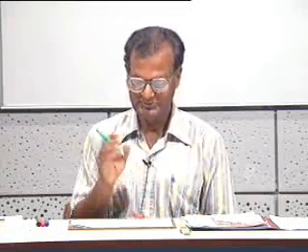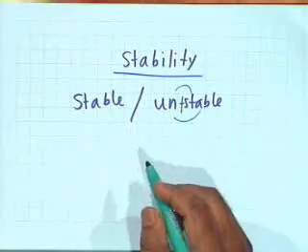Well, it's a problem in human society also. You can't work with unstable people. The people must be stable to be able to achieve a certain objective. Now, in the context of signals and systems, a formal definition is like this. Stability is sometimes